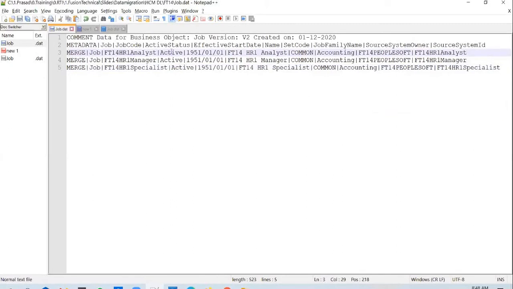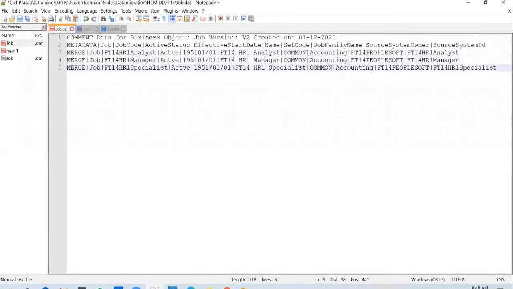So if you load in this file, say for example, there was a typo in the active status. Say, for example, instead of active status, you have passed it with a letter missing in there. And let's say the date format is also not correct. Okay, so the reason why I'm making a couple of changes here is when you load in an HCM data loader file, remember, we have downloaded the spreadsheet and we corrected the errors from the interface table, right? You have a similar option available in HCM data loader as well, but that is not a very feasible option. I'll show you how that option works.